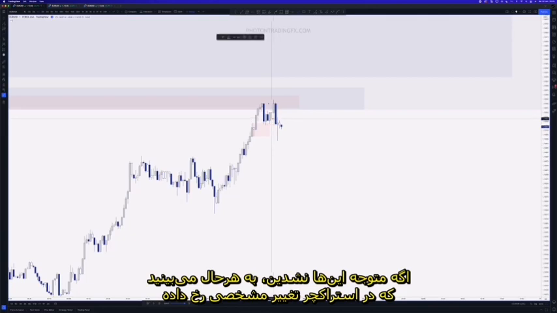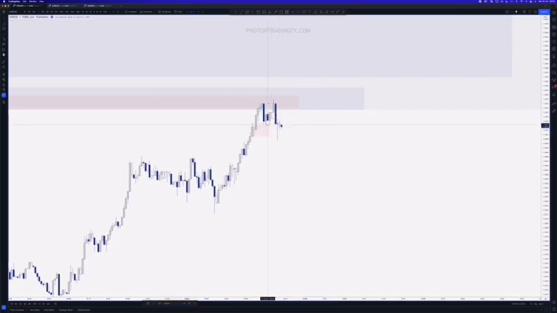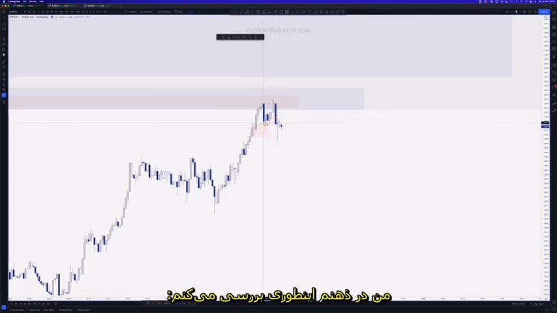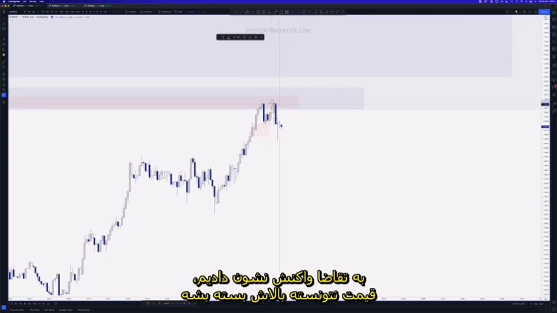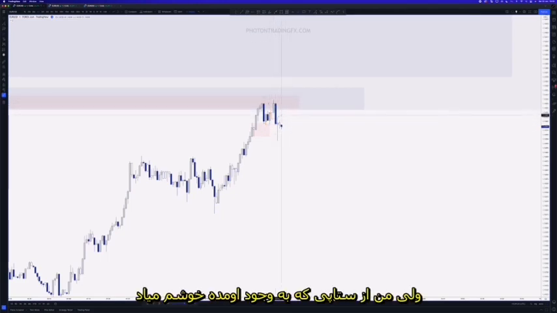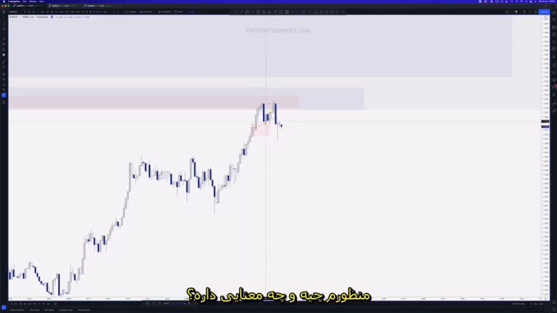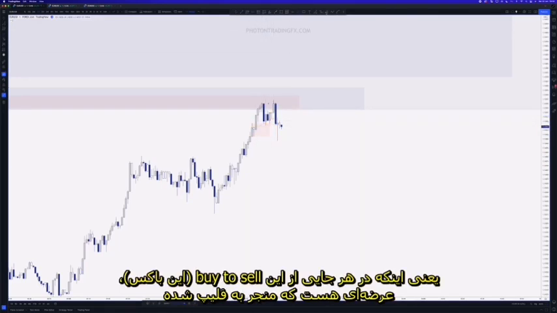But even if you kind of missed this, you can see we've clearly had a shift in structure here, right? How we had the flip? Well, for me, the way I view it, we reacted to demand, we failed to close above. It's not ideal that it spiked above the high, but it's enough for me, if I like the setup overall, to now say that this reaction, this buy before the sell, is the supply that overpowered this demand zone. So what does that mean? Well, it means anywhere from within this box here, this buy before the sell, is the supply